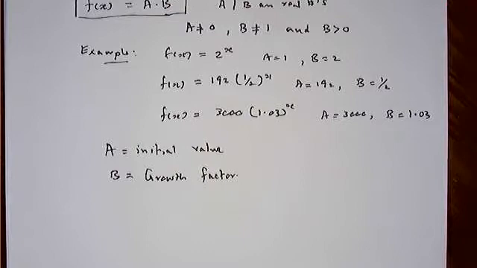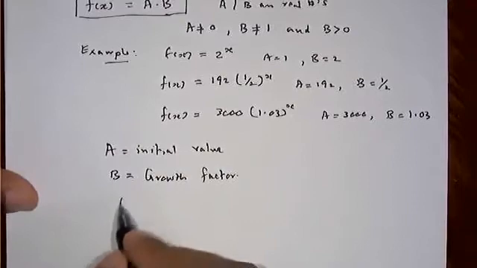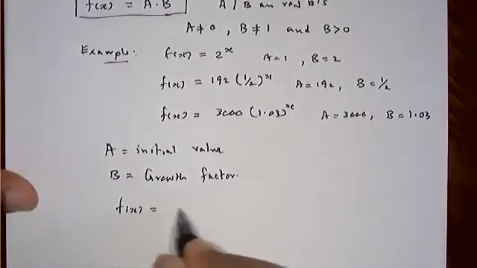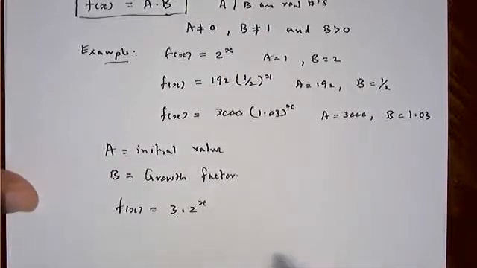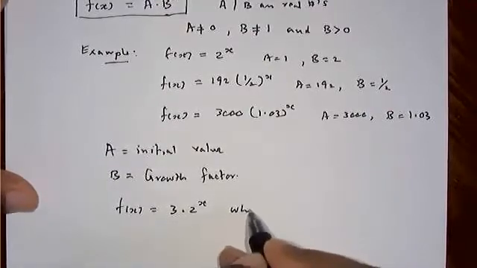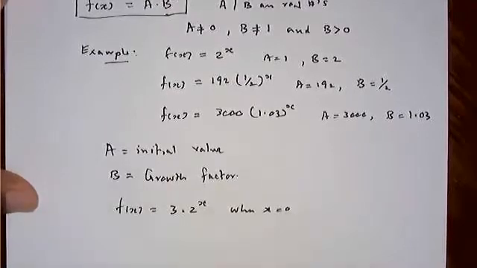All right. The next thing we are interested in discussing for an exponential function is how to identify the initial value and the growth factor. So let's start with the initial value. If you have a function f(x) equal to, let's say, 3 times 2 to the power x, when you're finding the a, which is 3 in this case, what that means is when the x value is equal to 0, this function